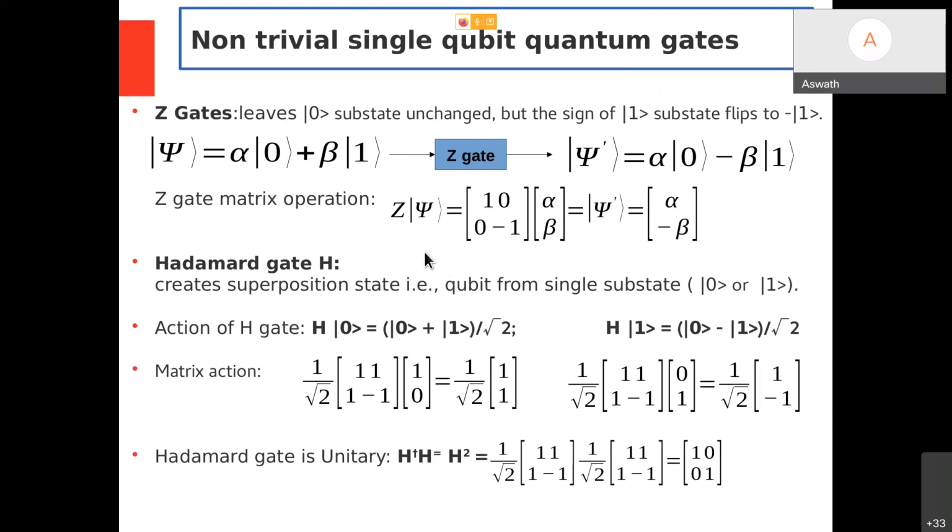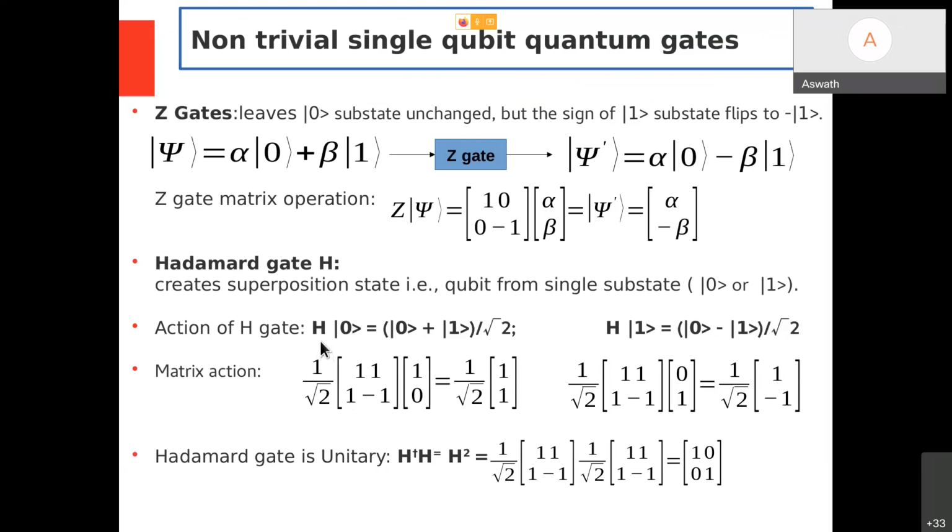That means I can always have a matrix operation on a given ground state or an excited state. The matrix operation acting on that single state creates a superposition state. So how is it possible? There is a matrix called the Hadamard gate or Hadamard matrix. If you multiply the Hadamard matrix, which happens to be 1 by square root of 2 multiplied to [1 1; 1 -1], a 2 by 2 matrix, onto the 0 ket, which happens to be a classical state, meaning the atom is strictly in the ground state,